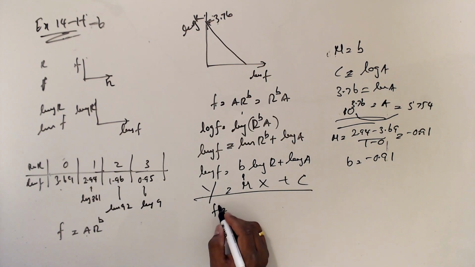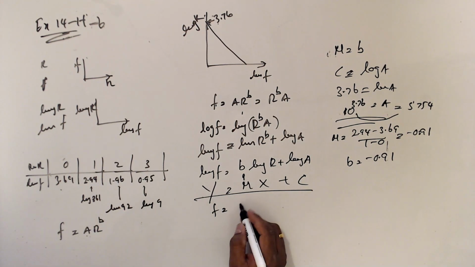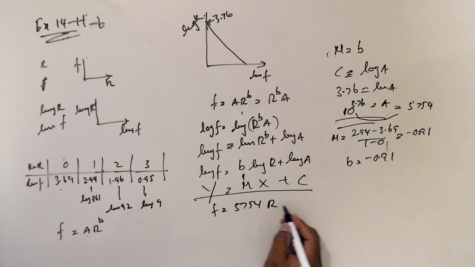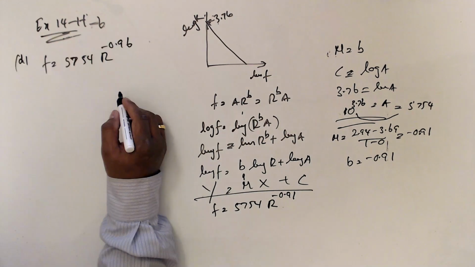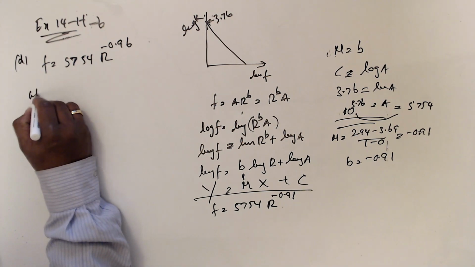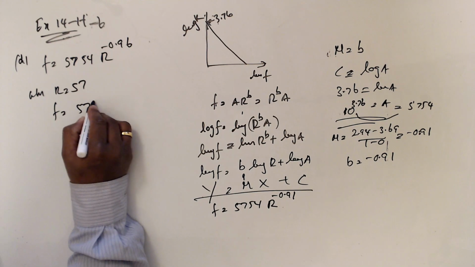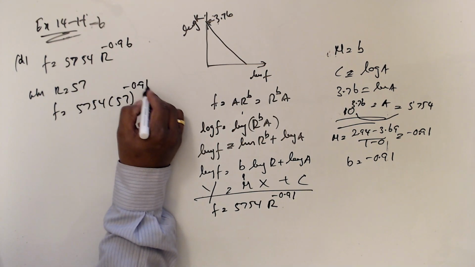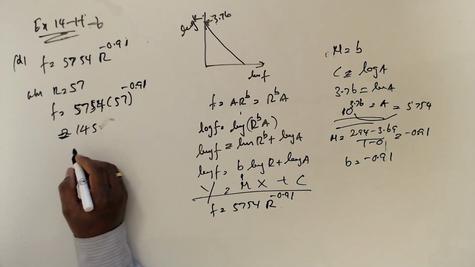So f equals 5754 r^-0.91. So when r equals 57, f equals 5754 times 57^-0.91, f equals 145, and